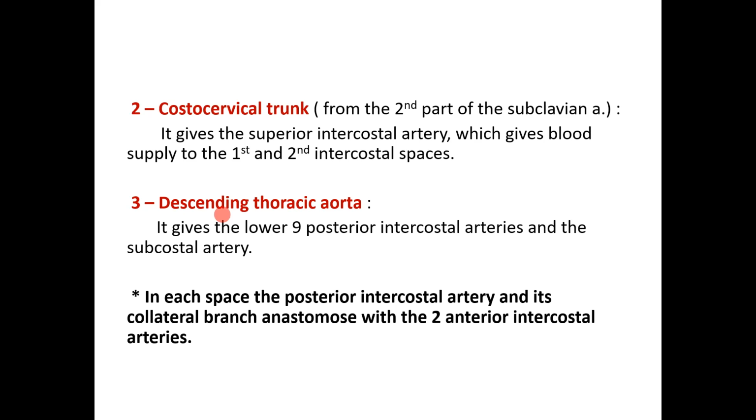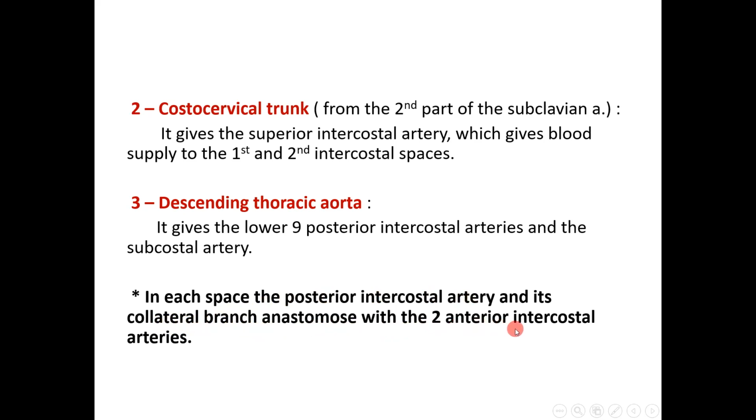You know the position of the aorta is in the posterior part of the thoracic cavity, so it gives posterior branches. It gives 10 branches: 9 posterior intercostal arteries and 1 subcostal artery, which is below the 12th rib. In each space, the posterior intercostal artery and its collateral branch, the accompanying branch,